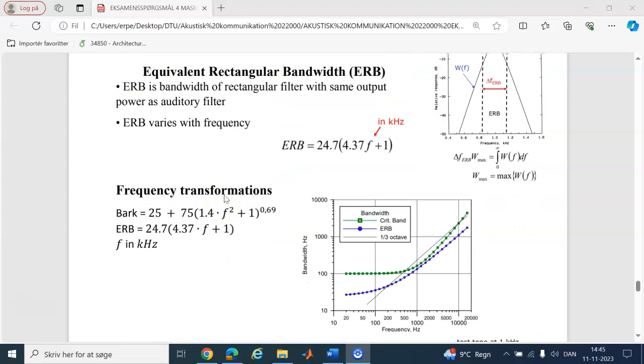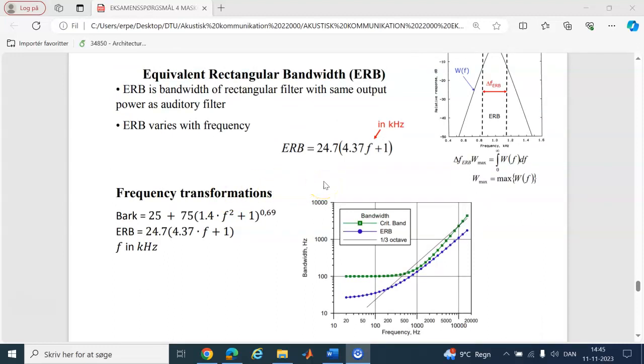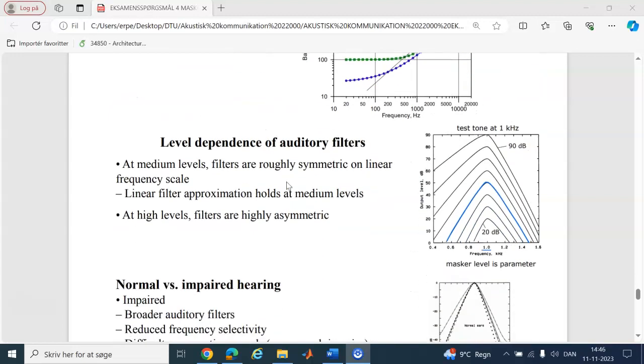And we also have some bars. That's a number, as I wrote, a number of the characteristic critical bands that should cover the whole frequency area, something like that. A little bit sloppy. Frequency transformations. I'm not good in that. Level